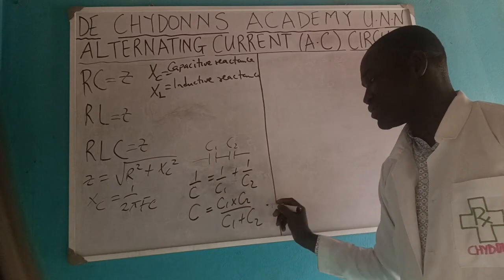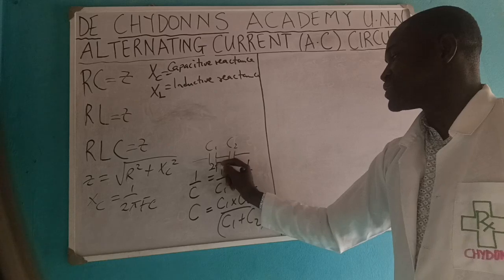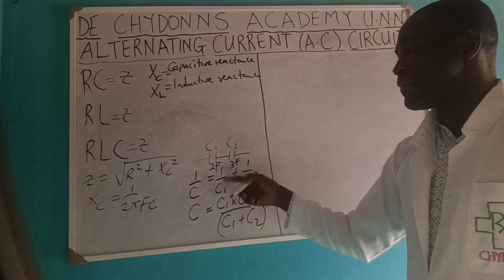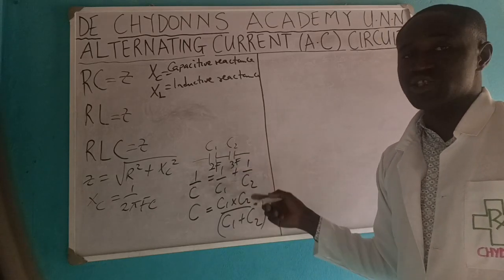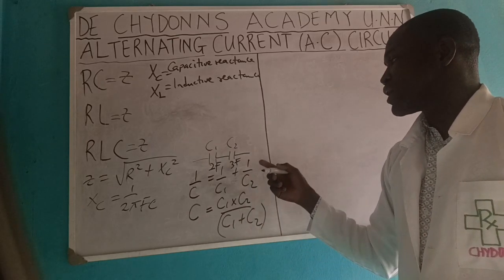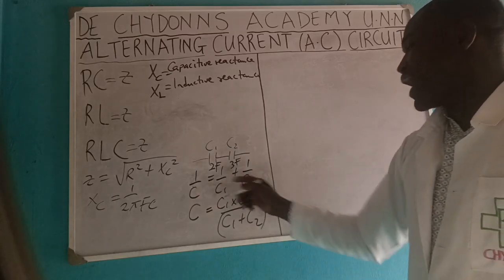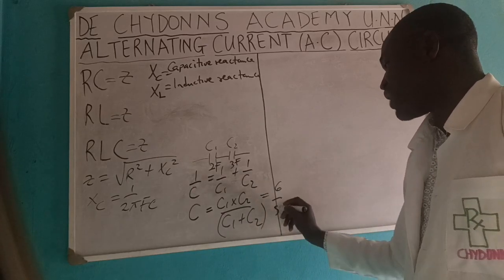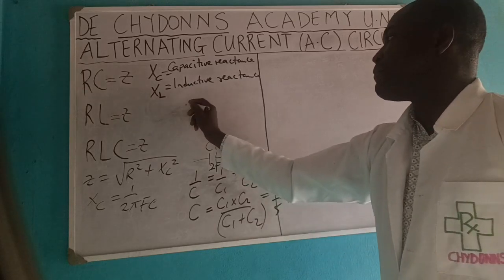It means this thing. That means if here is 2 farad and here is 3 farad, because the unit of capacitance, the unit of the capacitor, is in what? Farad. The unit of capacitance of a capacitor is in farad. Now, that means I will just say 2 times 3, 6, all over 2 plus 3, 5 farad. That is about this. But when they are in parallel,